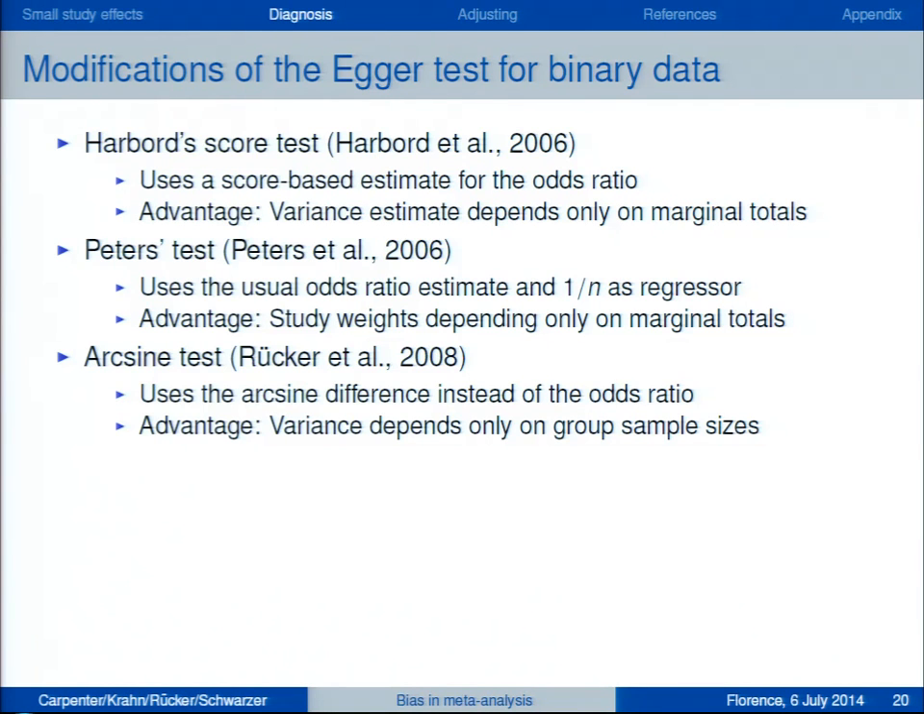So that the variance estimate depends only on the marginal totals, which might fix the problem. The Peters test uses the usual odds ratio estimate, but then simply the inverse sample size as regressor, which is of course independent then. And the same idea is at the bottom of the arcsine test. We don't use the log odds ratio here, but the arcsine difference, which has 1 over n as its natural variance estimate. And so the variance again depends only on the group sample sizes. So those are the basic ideas of these